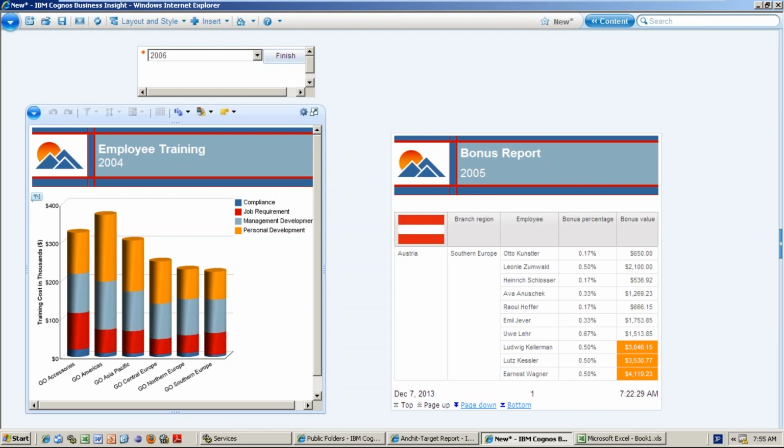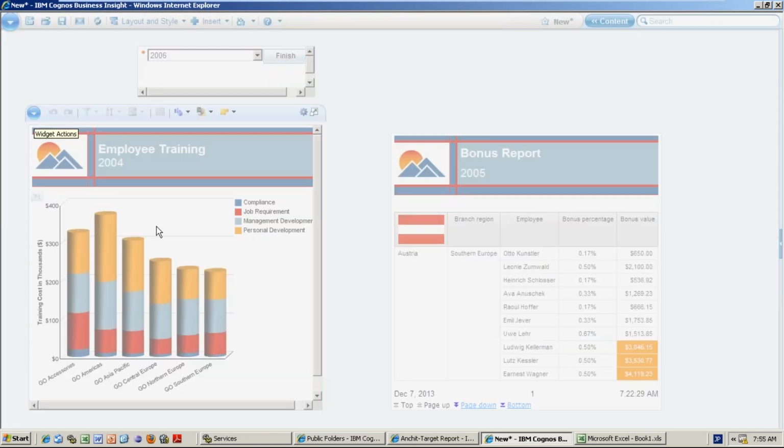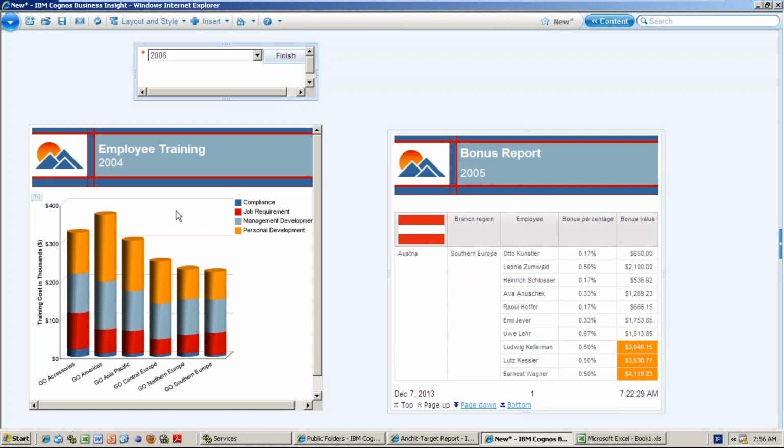And also the same thing, I want to listen once again. Listen for widgets. Normally in all the reports I will use the same parameter for the prompt. So if I'm changing anything, the entire dashboard will change. That is the normal case. But here I intentionally made it so that one report I want to listen and one report I don't want to listen, with different parameters.